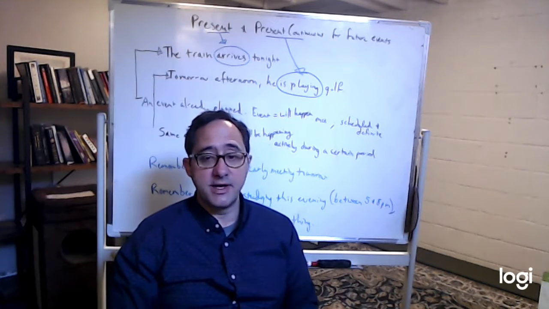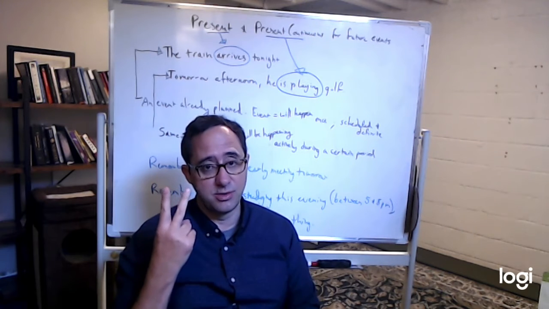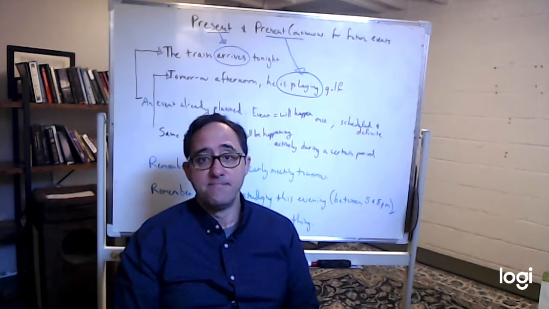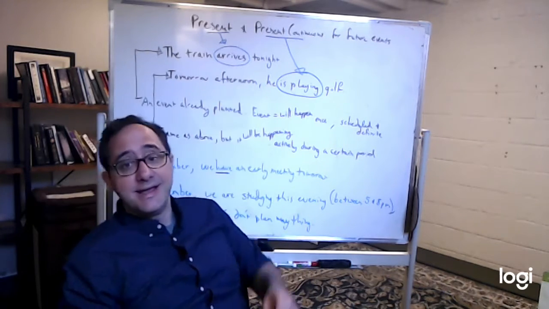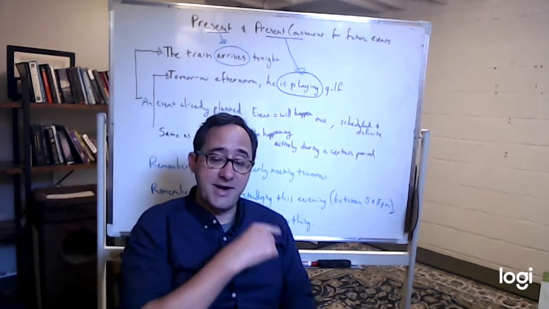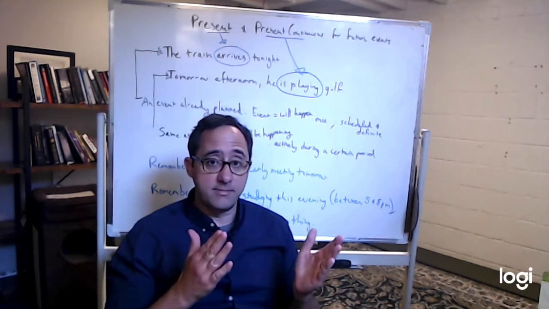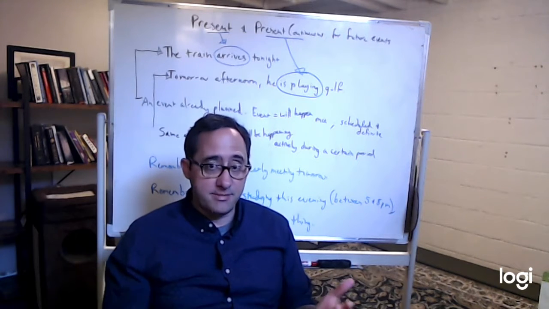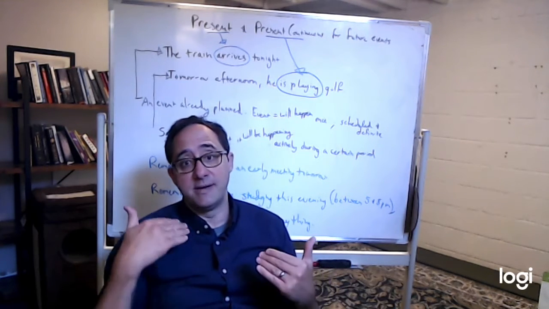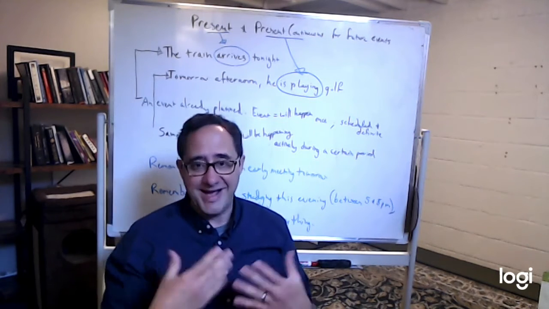So English only really, when it comes to the verb form, has two tenses, past tense and present tense. You have present tense like he arrives. You have past tense like he arrived. And the main verb is in one of these two forms. But in order to make other ways of talking about future, past, present, and especially the future, we have to add things.